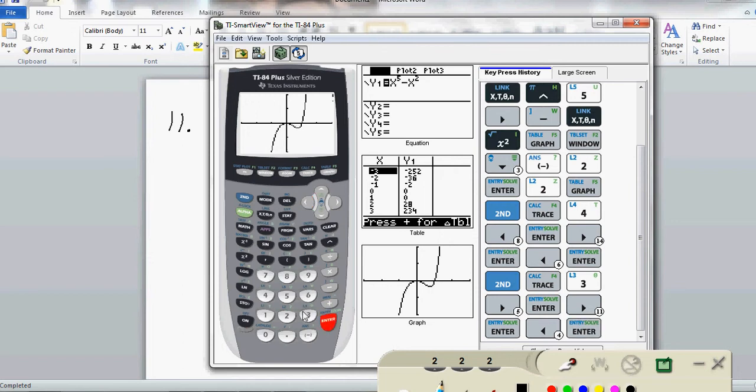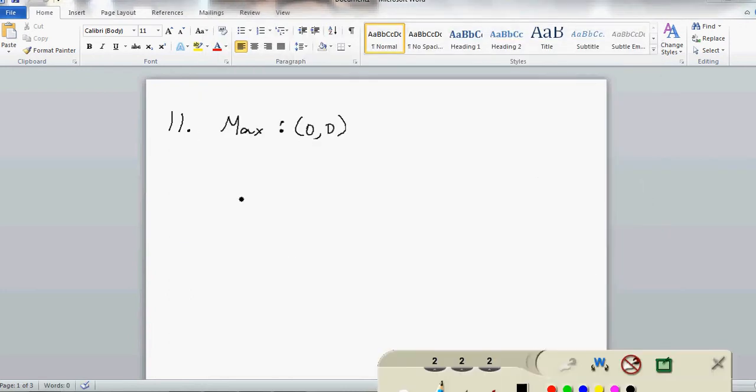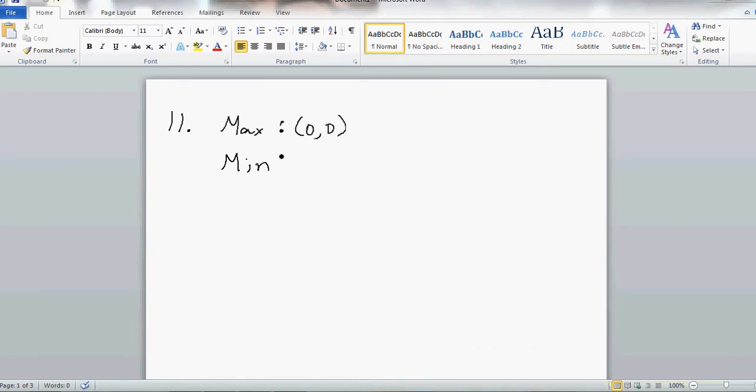And my guess is going to be about right there. And hit enter. And notice it says 0.74, negative 0.33. And so that will be my minimum, my local minimum. So let's come back here and let's say my minimum is the 0.74, negative 0.33,